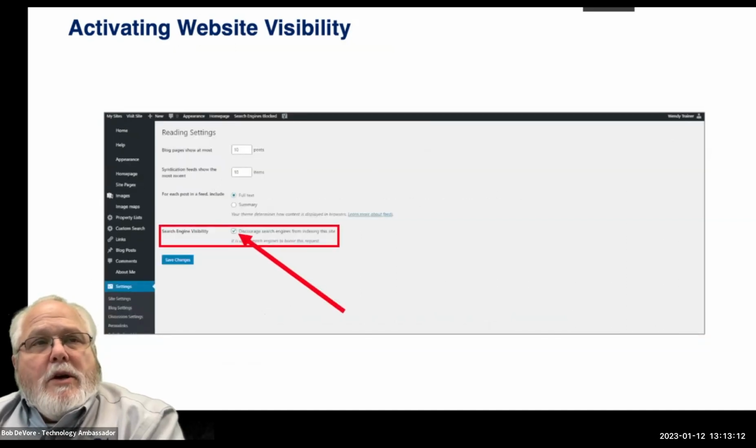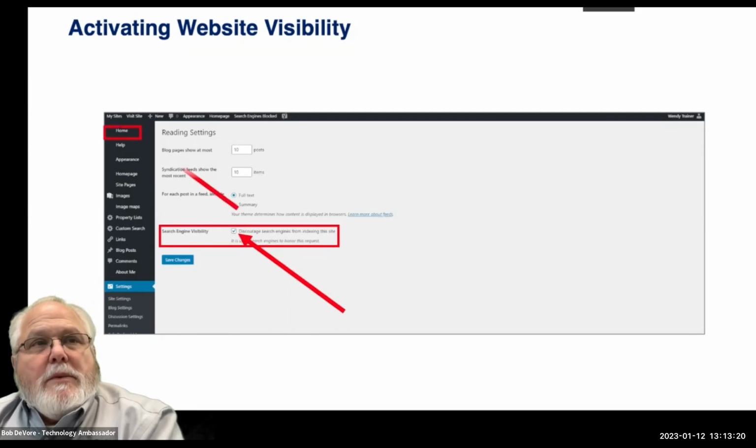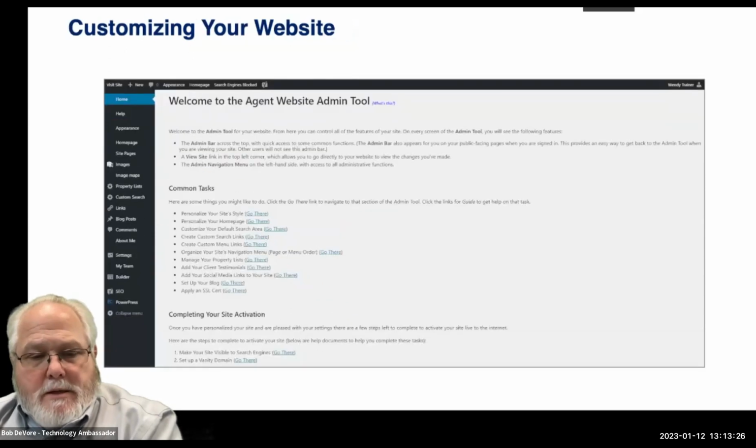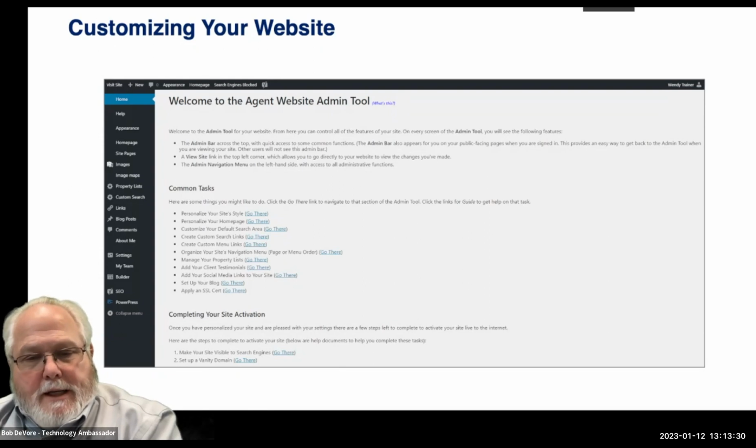When you do that, you're going to click on that blue check mark, save the changes, and your website is now active. Literally. Not that you know what it looks like, but it's now active. So then again, we're going to click on home again, and it's going to bring us back here again. Okay. So with that said,